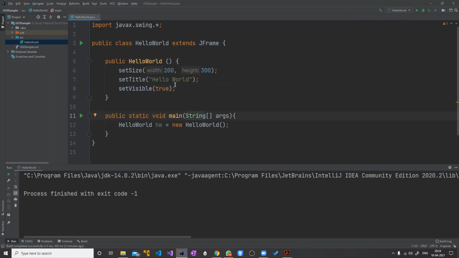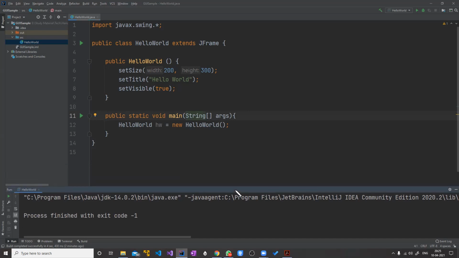Now let's add some interaction. It was not interactive, right? So let's do that now. Suppose we want to create a very simple or basic calculator in which it will take two numbers, number 1 and number 2, and it will give you the sum of those two numbers which you are going to input in the text fields in that window, the window which you have seen, right?